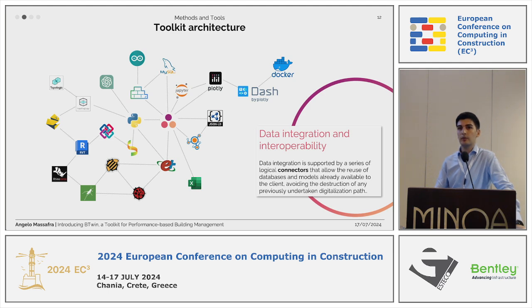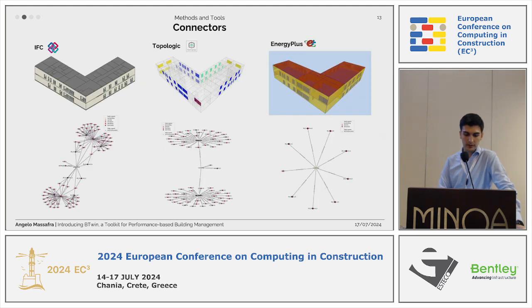That is basically a Python library that I hope to publish by the end of this year, that facilitates linking data into graph structures again, by using an open source framework and or other open source Python libraries that are commonly used in our sector to facilitate the integration, the prototyping, and then visualization of relevant data pertaining to performance of buildings. And the toolkit is based on some reference Python libraries, but also on the connector logic that we are developing to try to align some relevant data schemas in our industry within our tool to streamline further the prototyping phase